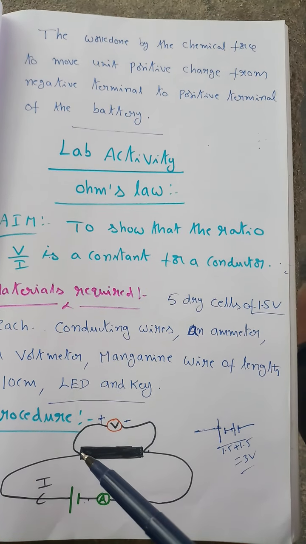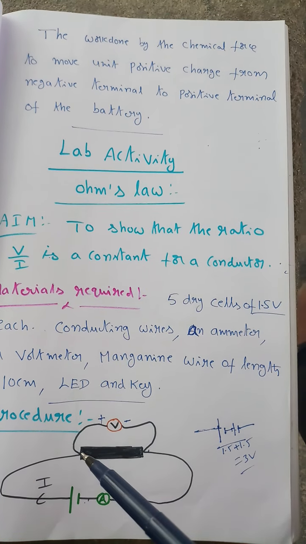The resistance of a material is said to be 1 ohm when 1 ampere current flows due to a 1 volt potential difference. This is 1 ohm equals 1 volt per ampere. Now let's see the graph drawn between voltage and current. Take the voltage values on the x axis and current values along the y axis. Here we have 5 potential difference values and 5 corresponding electric current values.